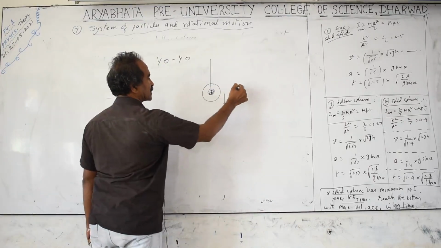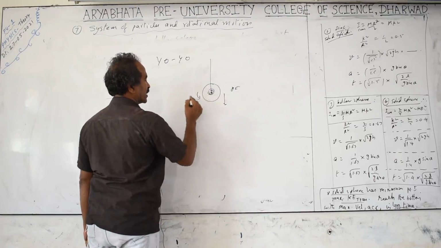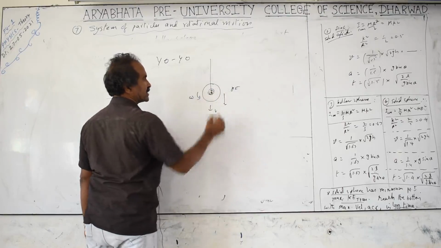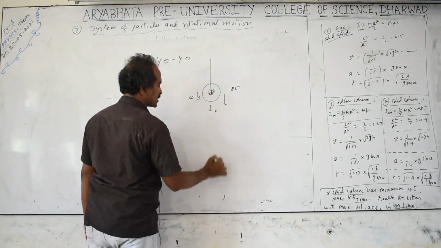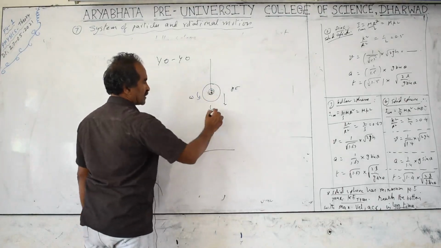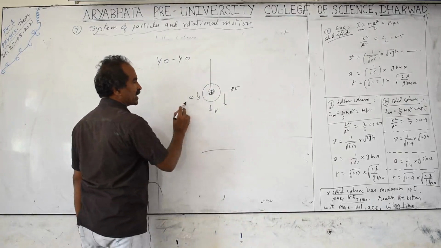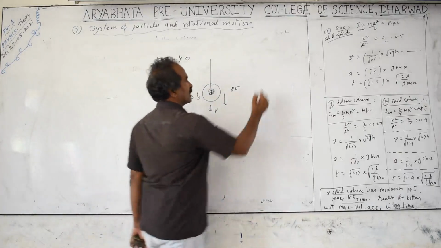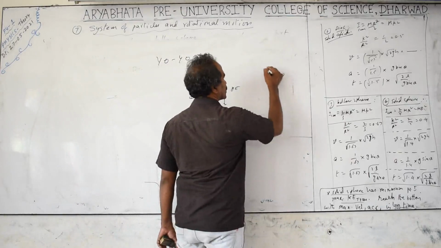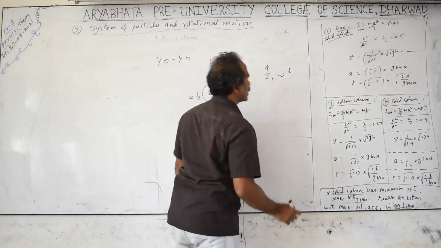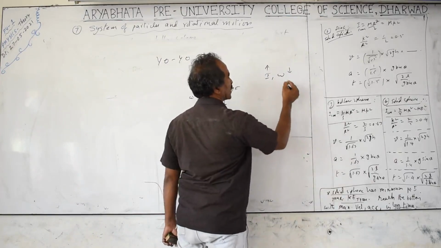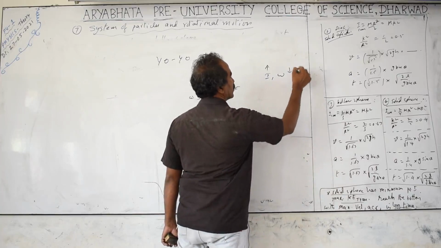Potential energy is converted into kinetic energy. There are 2 kinds of kinetic energies: rotational kinetic energy and translational kinetic energy. As the potential energy decreases, as it moves downwards, the rotational kinetic energy and velocity increase. But which one is more? V is more or omega is more? As I already told you before, it depends on I omega. You have to check up. If I is more, omega is less. If omega is less, V is reverse. Omega is less means V is more.